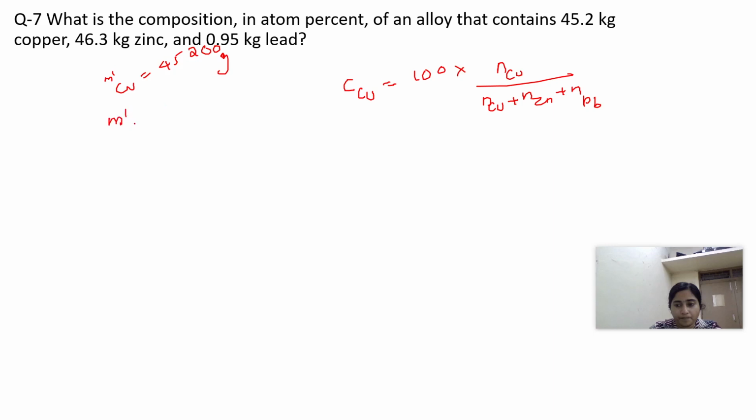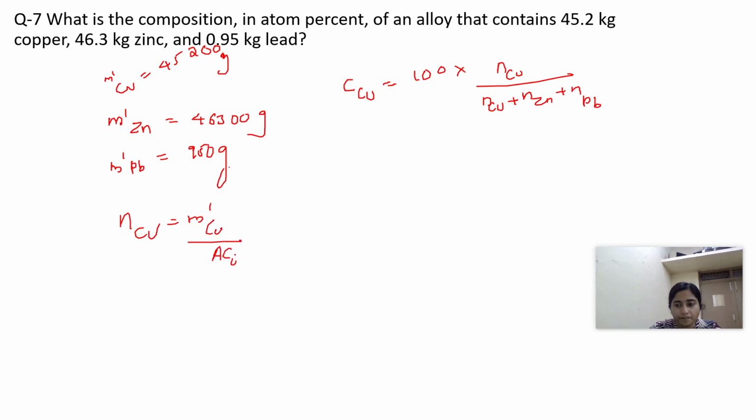M dash of zinc will be 46300 gram, and M dash of Pb will be 950 gram. And the molar formula will be N of copper is equal to M dash of copper divided by